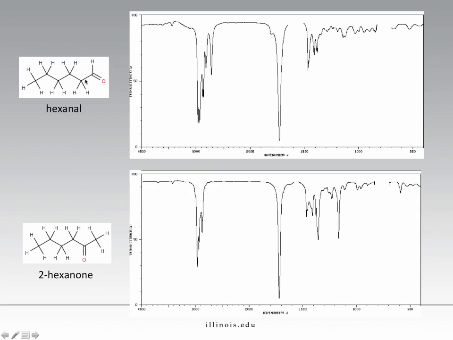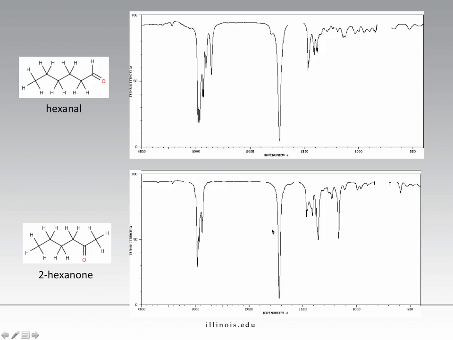Compare hexanal to hexanone, we go from an aldehyde to a ketone. Let's look at these carbonyl stretches. These are incredibly similar. There's no way you will be able to distinguish the aldehyde from the ketone based on the carbonyl stretch. They are too similar. This is why I emphasized in the previous webcast how you cannot use the location of a carbonyl stretch to determine what type of carbonyl is present. You can, however,